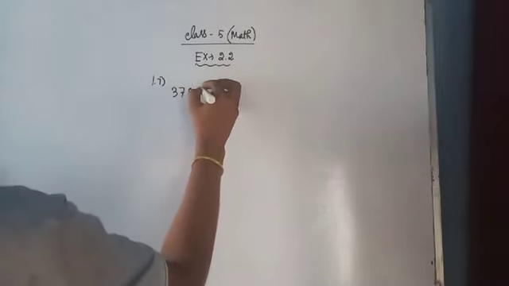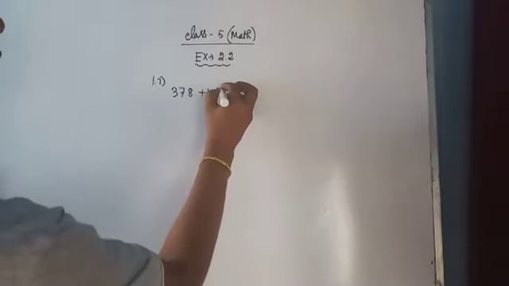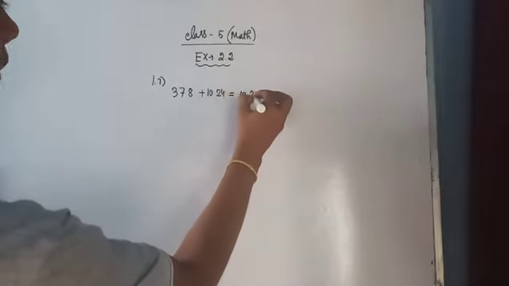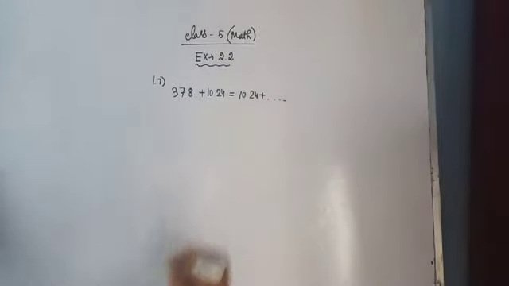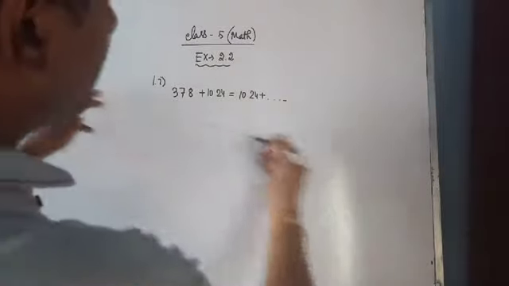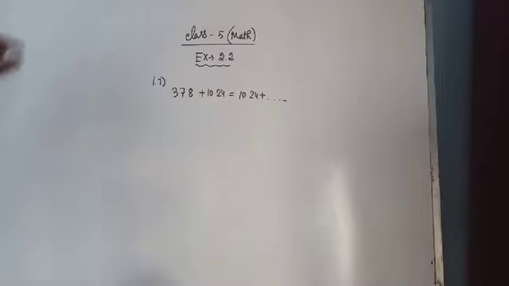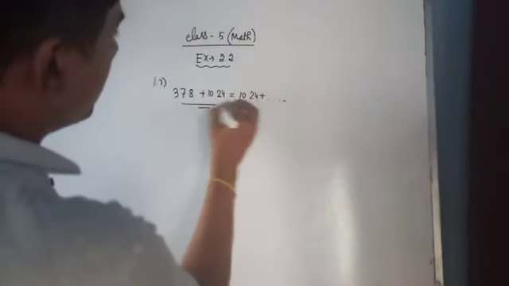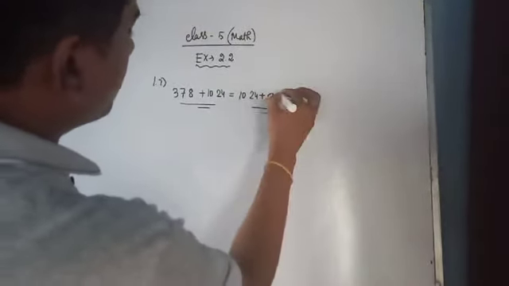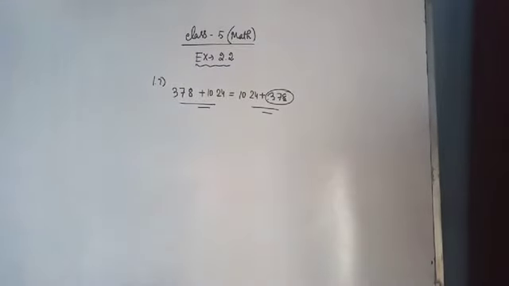378 plus ... 1024 plus ... given. Okay, here there is no calculation required. Just whatever you see on this side and this side, it is equal to 378. If you place 378 there, then the totals will be equal. That is what is required. Okay, in this way I'll discuss another math.